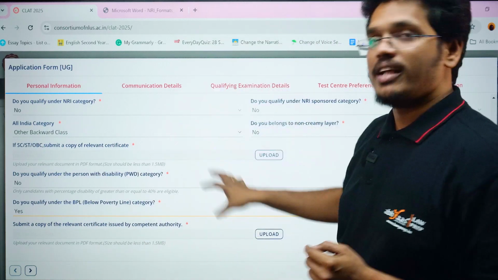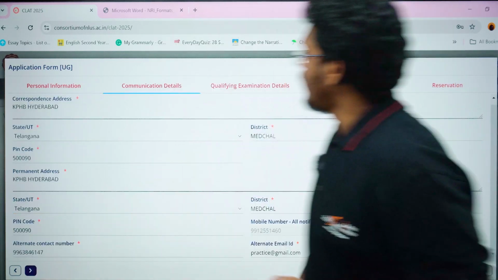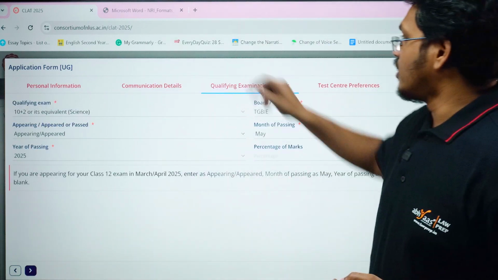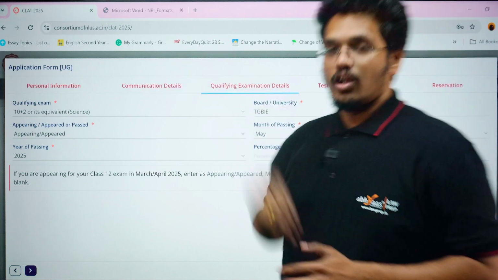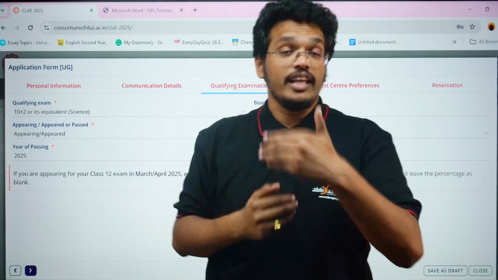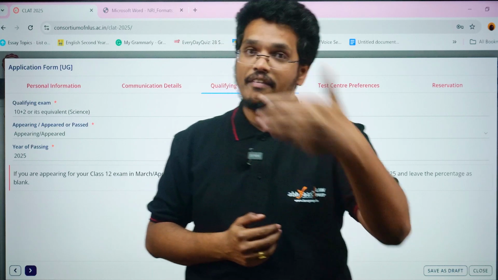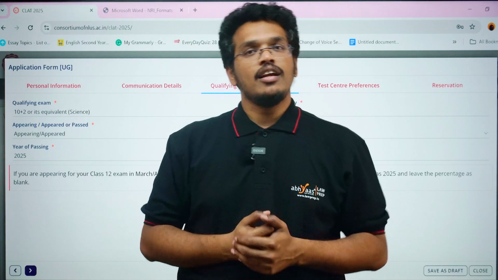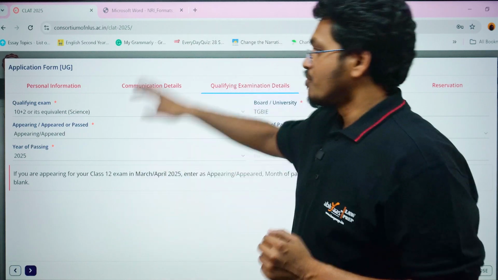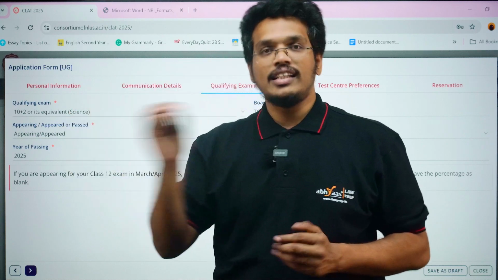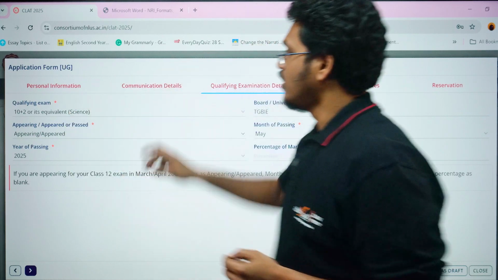So in this first page, these are the common mistakes. And coming to the second, communication details, generally there won't be any mistakes. And third, qualifying details. Now, some students are still writing the exam. They're still in the 12th class. They haven't appeared for the exam. And some students have completed their 12th class. So for those students who have not completed their 12th class yet,